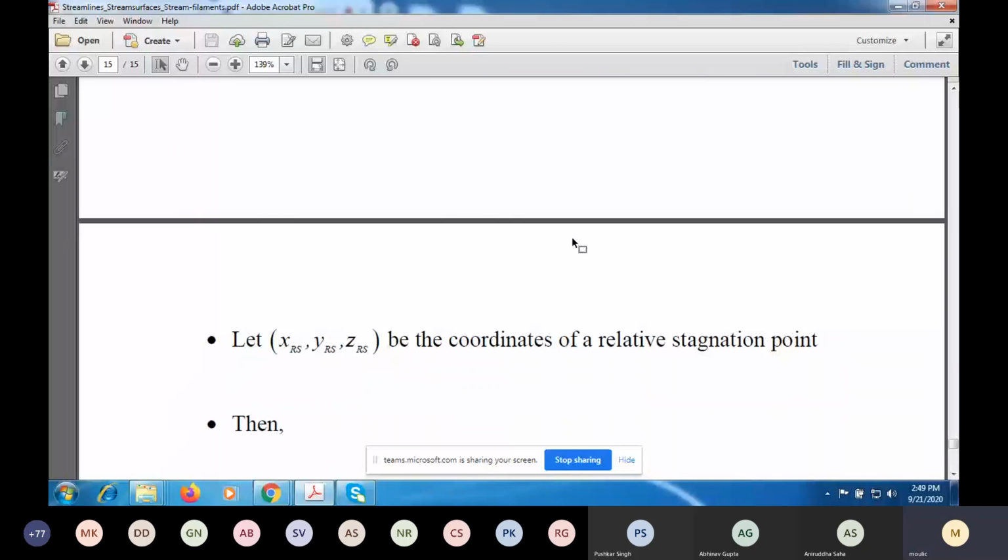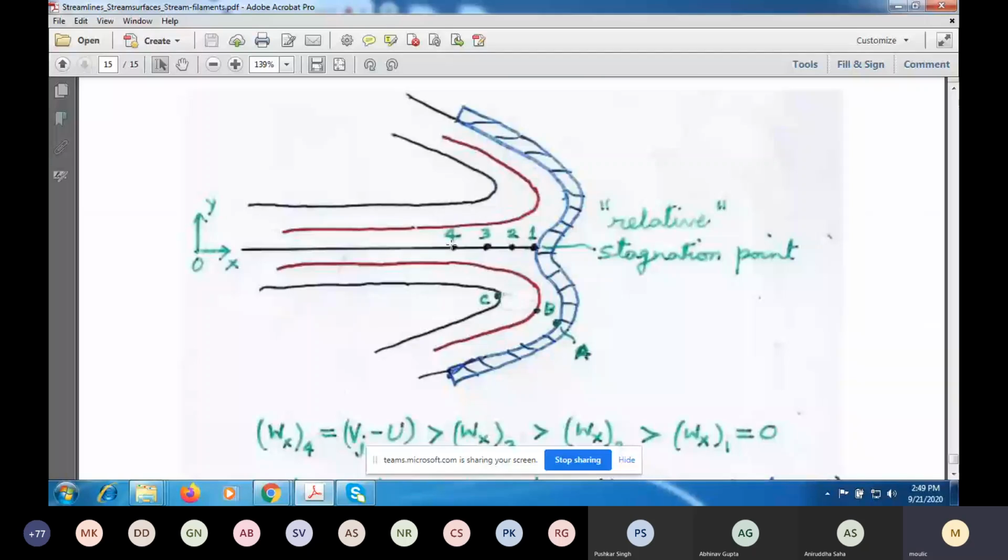If you look at the fluid particles moving from point 4 to 3 to 2 to 1, its relative velocity is decreasing towards the right, and then it will reach a value where the relative velocity is 0. Otherwise, two relative streamlines cannot intersect. Somewhere here towards the left, the velocity is constant, but as it is approaching the bucket,